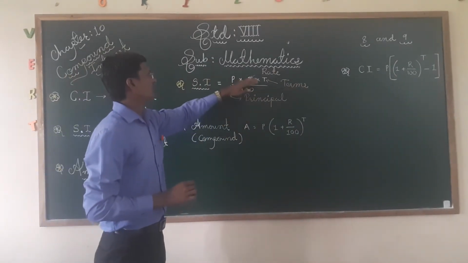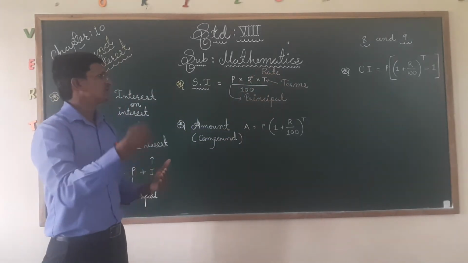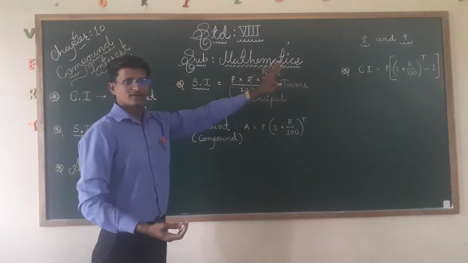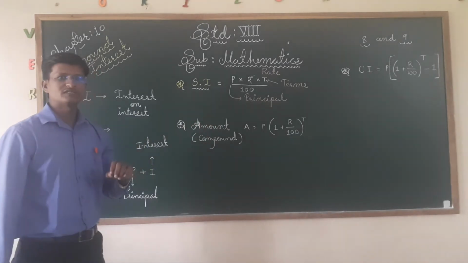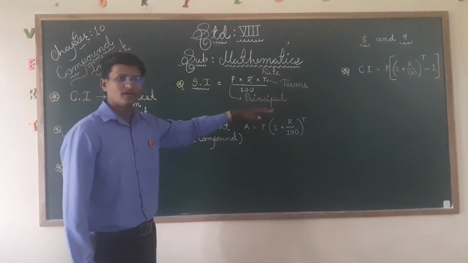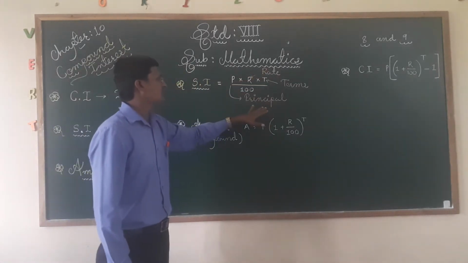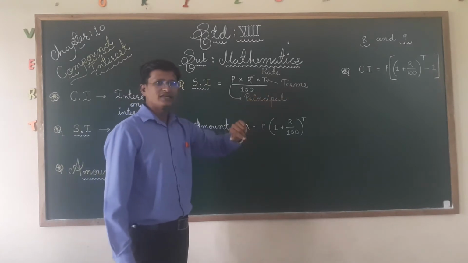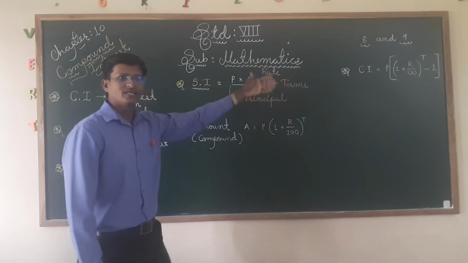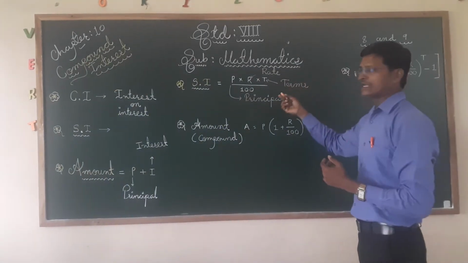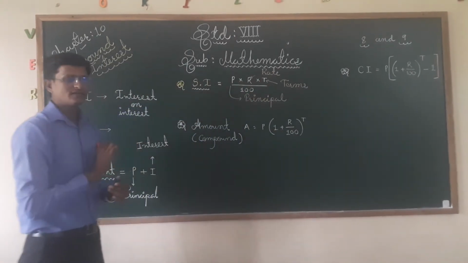Now principal is how much amount we want. The rate will be 5%, 10%, 15%, 20%, like that. Suppose we are taking a 1 lakh rupees loan from the bank. So principal is 1 lakh. The rate would be, suppose, 10%. And how many years? It may be 1 year, 2 years, 3 years, or in months or days. So we consider PRT upon 100, that is simple interest.